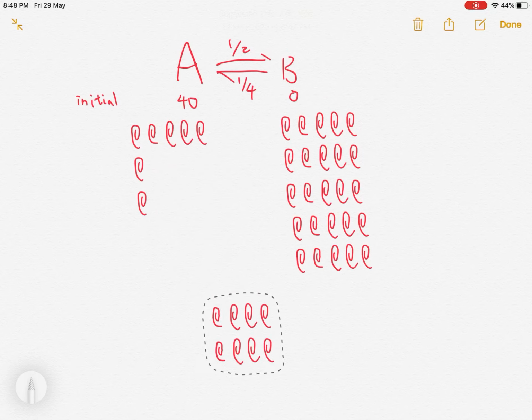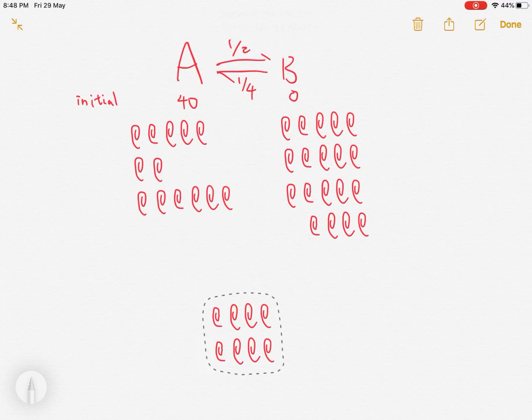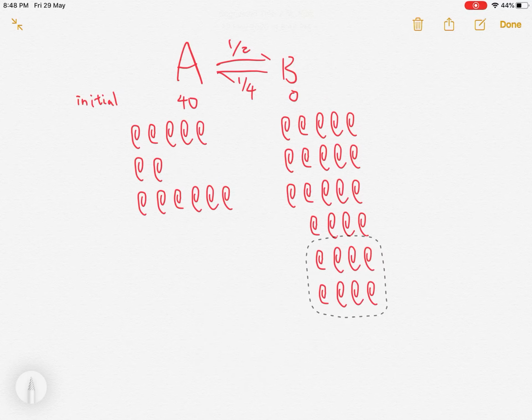And here is the amount of A to B in the third transaction, and then simultaneously for B, a quarter of it will react. It means that 25 divided by 4 is roughly equal to 6. So here is the amount from B to A, and here this 8 will be from A to B. And then after this stage, you can see that for A, there are totally 13 of it, and then for B,